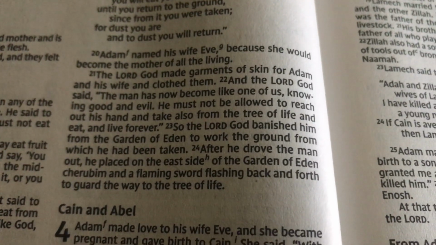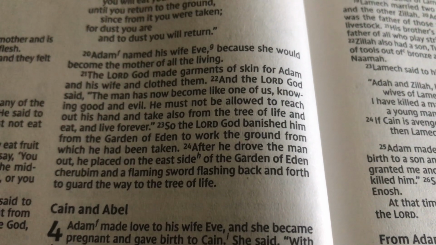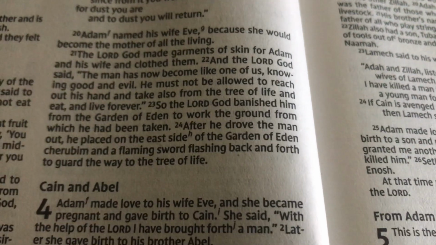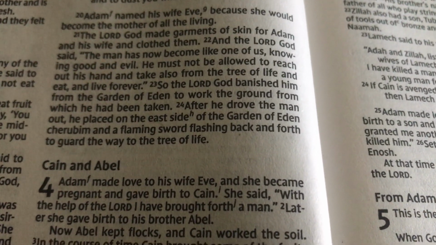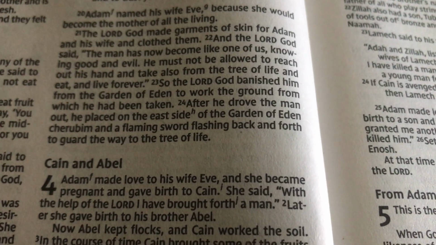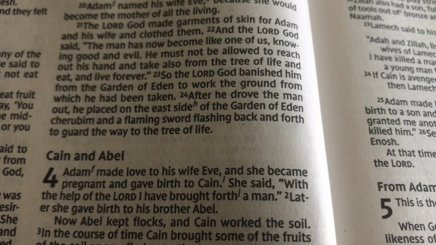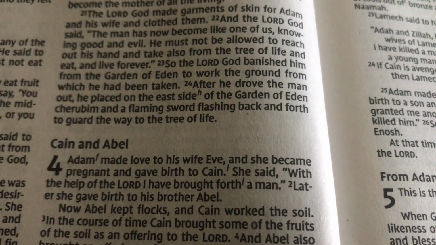He must not be allowed to reach out his hand and take also from the tree of life and eat and live forever. So the Lord God banished him from the Garden of Eden, to work the ground from which he had been taken. After he drove the man out, he placed on the east side of the Garden of Eden